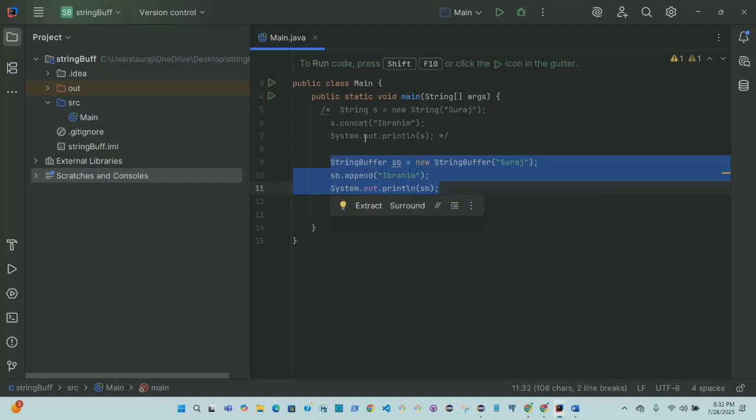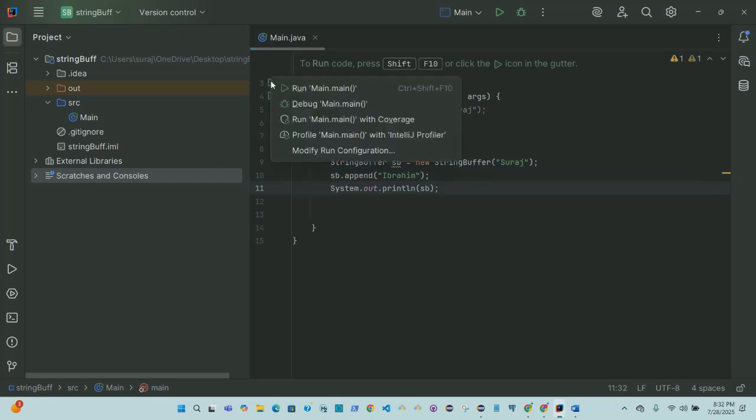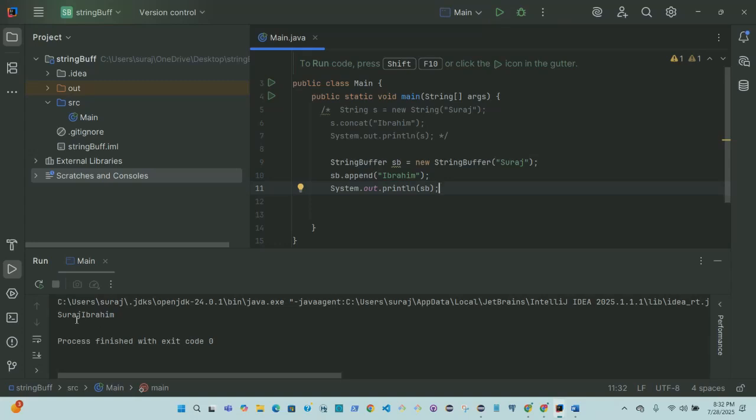This is immutable, not changeable. String is not changeable, but string buffer is changeable. You can change it after creating an object. Okay, now let's run and see. You see here, Suraj Ibrahim, but we can make